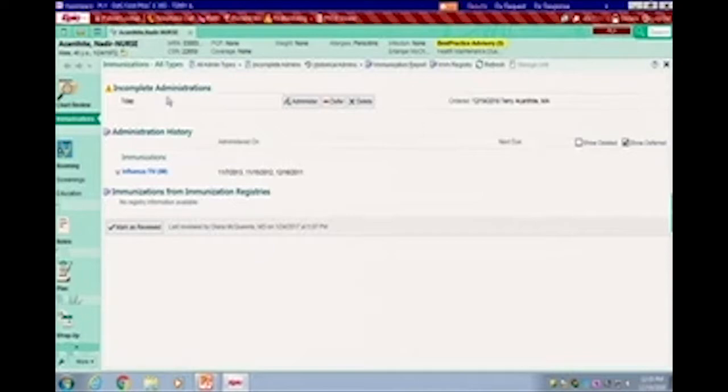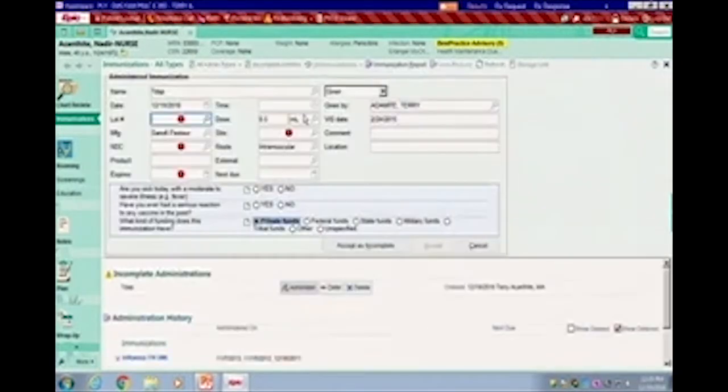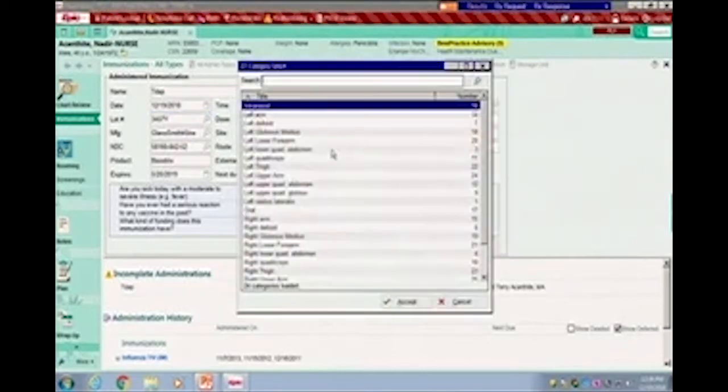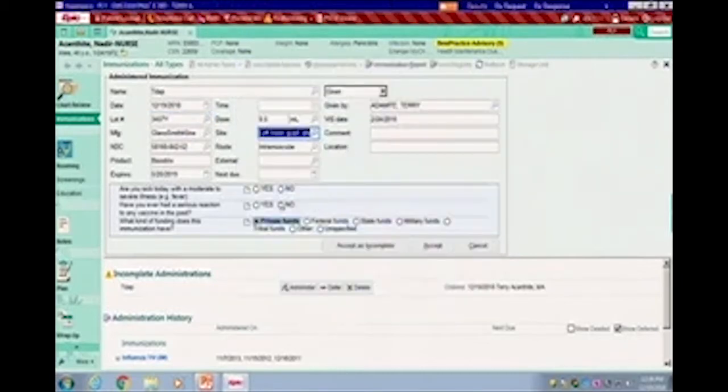Now I will see under the incomplete administration the immunization that I'm going to administer today. So I will click on the administer button, and I have all these different fields that I need to complete before I can accept. I'm just going to go through and throw some stuff in here for training purposes.